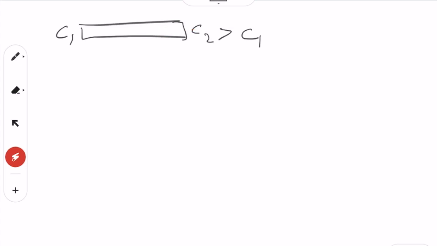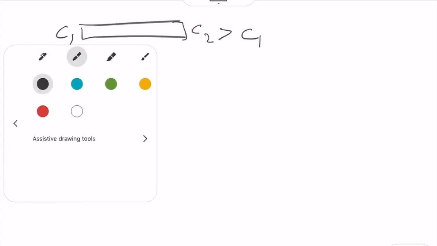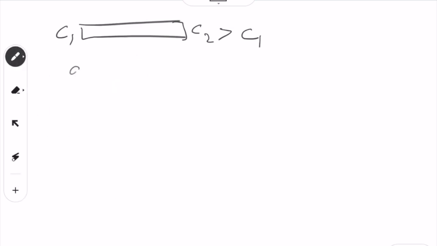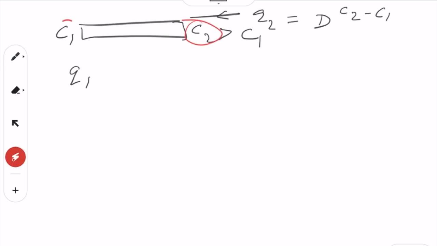So we can write Q2 equal to D, for diffusivity, times C2 minus C1, the concentration difference,